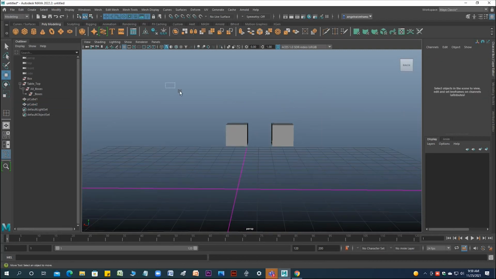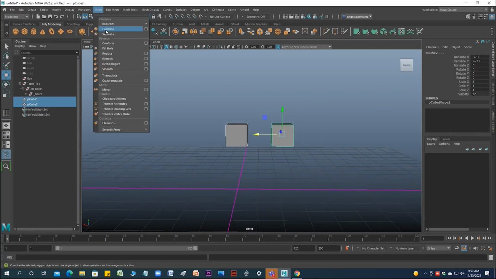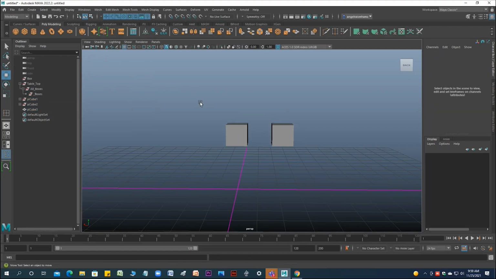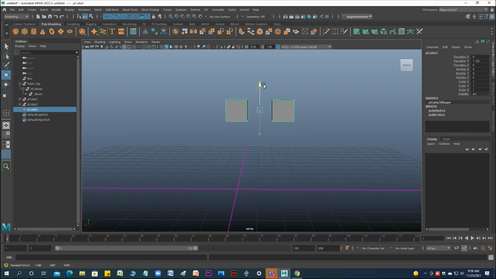If you combine, see this, if you select, now it's combined. Whenever you are doing hard surface modeling, you are creating different separate pieces. If those things are animating separately, go for grouping.